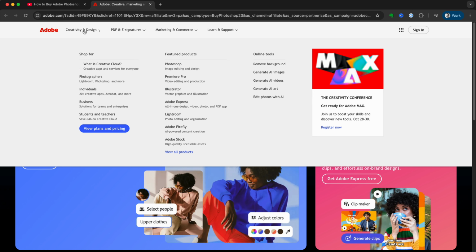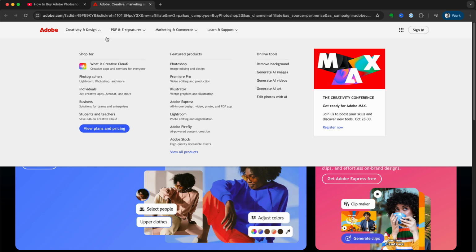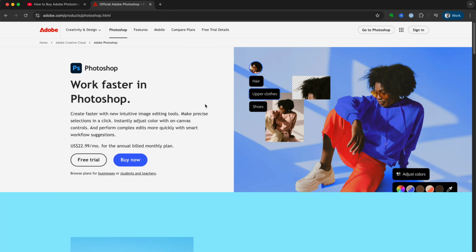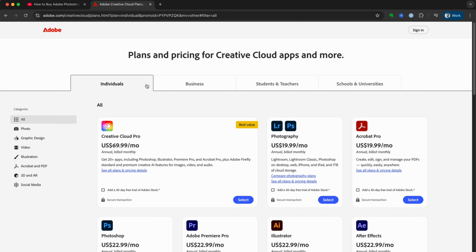Then we're going to head up to the top left hand side, click Creativity and Design, and under Featured Products we're going to select Photoshop. This is going to take us to the official Photoshop page, and you can check all the amazing features you get access to here. We're going to click on the blue Buy Now button,